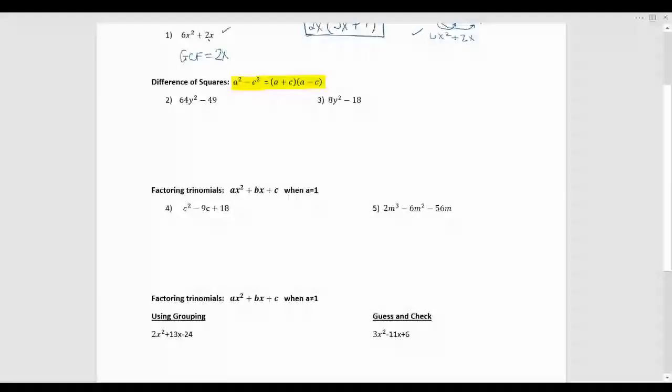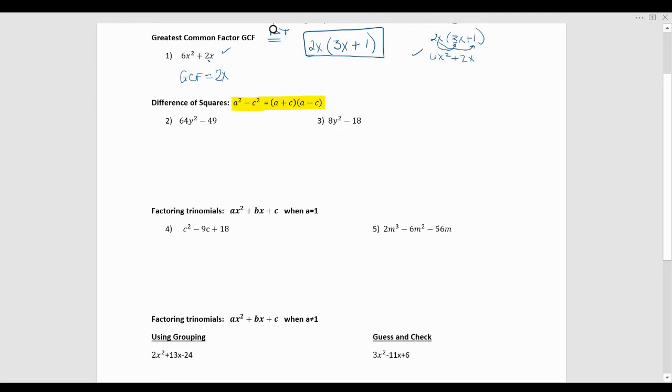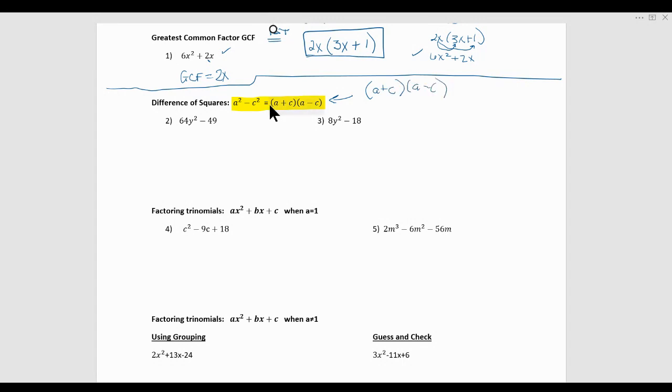The second case, difference of squares, is a very specific case when we have the difference between two perfect squares. To see how this works, we can multiply this back out. The difference of two squares will always factor down to a plus c times a minus c. Let's go ahead and distribute that a plus c times a minus c, and you can see where that comes from. So if we have a plus c and we multiply that by a minus c,